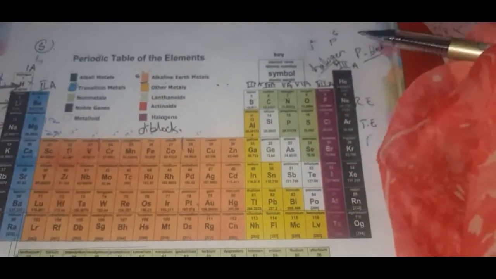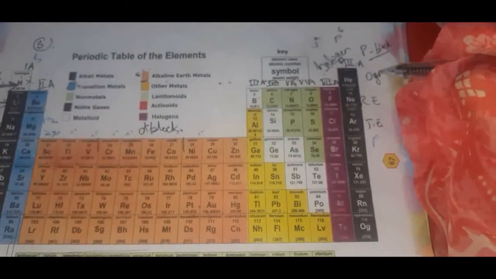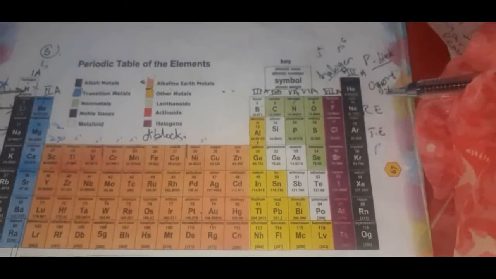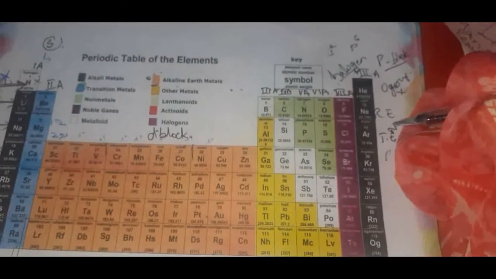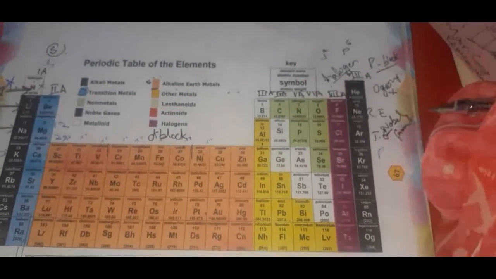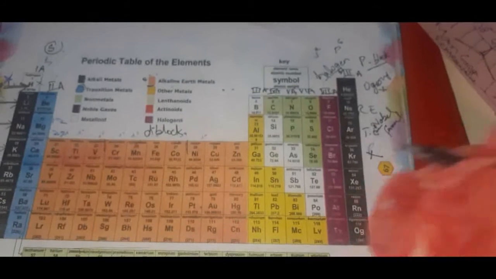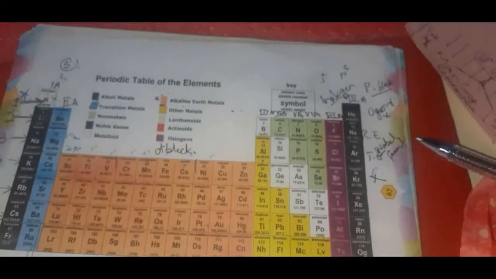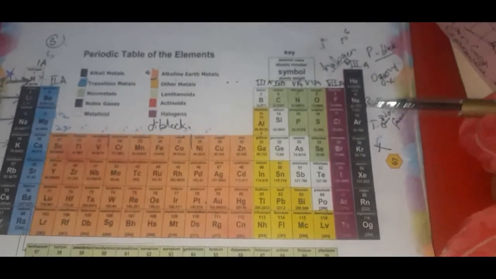And the last group, group 8A, is known as zero group. But then the zero group name was not satisfactory. That is why it is known as group 8A, right? They are also known as noble family, which is very important to know. Why do we call it noble family? Noble means those personalities or things which do not react with anything, which do not interfere in the matters of other things or other people. So it is known as noble family because they do not react with other elements.